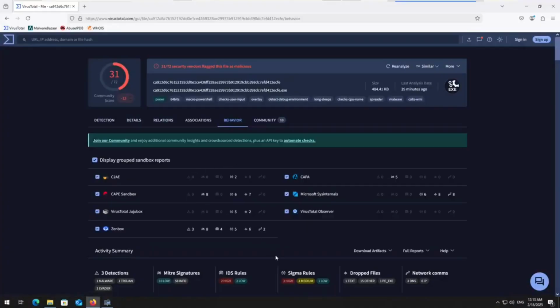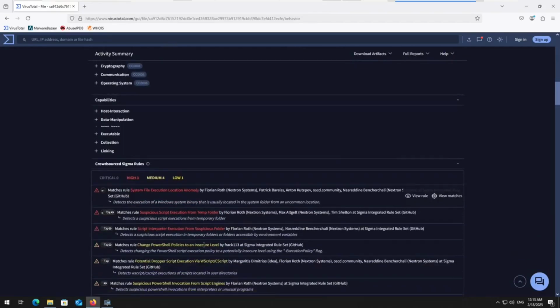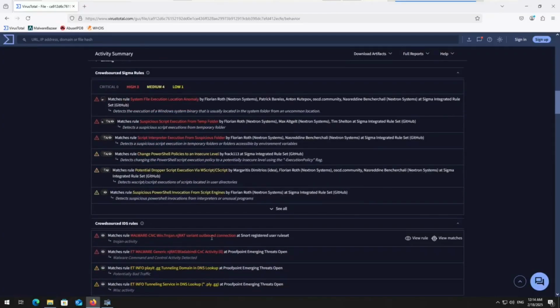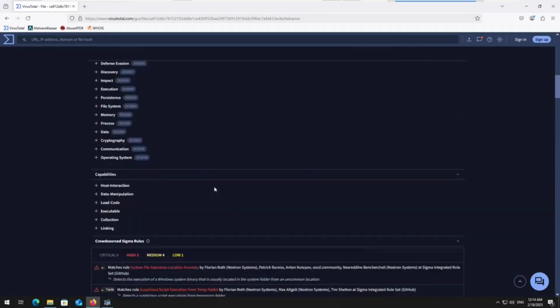Any criticals or highs? Yeah, we do have 3 high sigma rules. Okay. System file execution location anomaly. Suspicious script execution from temp folder, which was our .ps1 we saw earlier. Script interpreter execution from suspicious folder. But we're not seeing anything to do with startup. Well, that's odd. And another thing here, there's crowdsourced IDS rules with NJRAT and Bladabindi CNC that we didn't see on